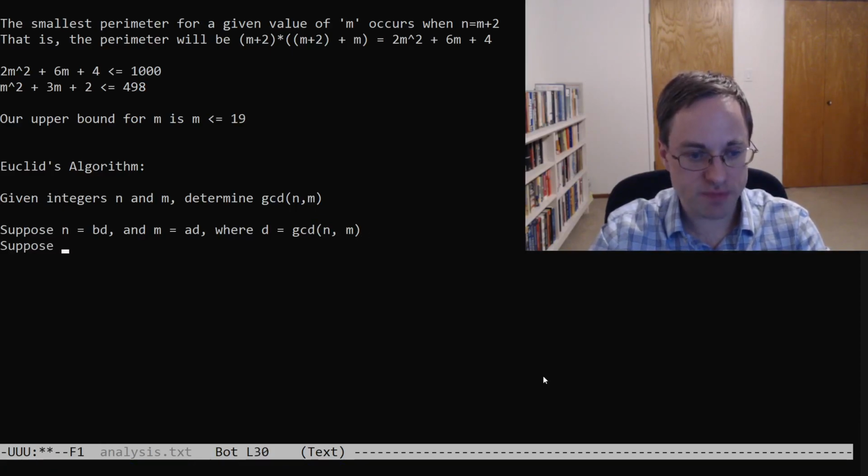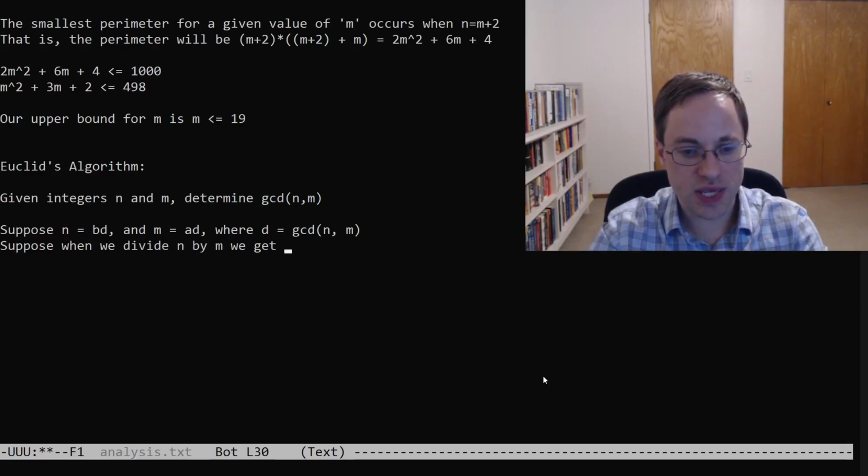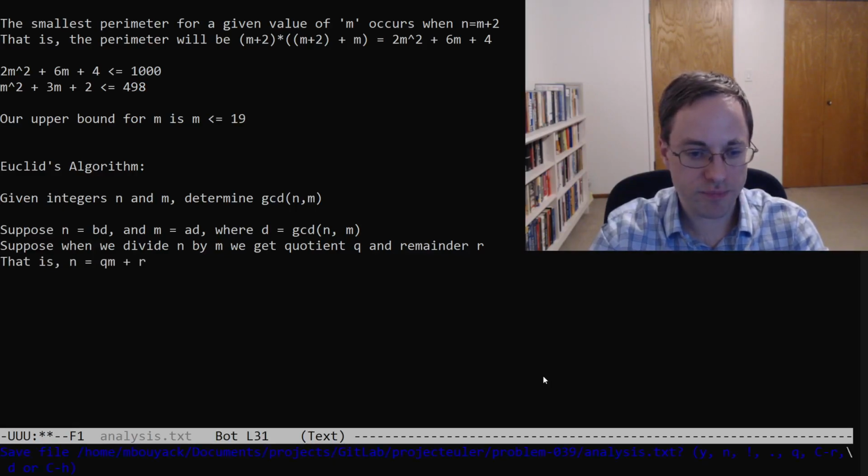Now we'll also suppose that when we divide n by m, we get quotient q and remainder r. That is, n is equal to qm plus